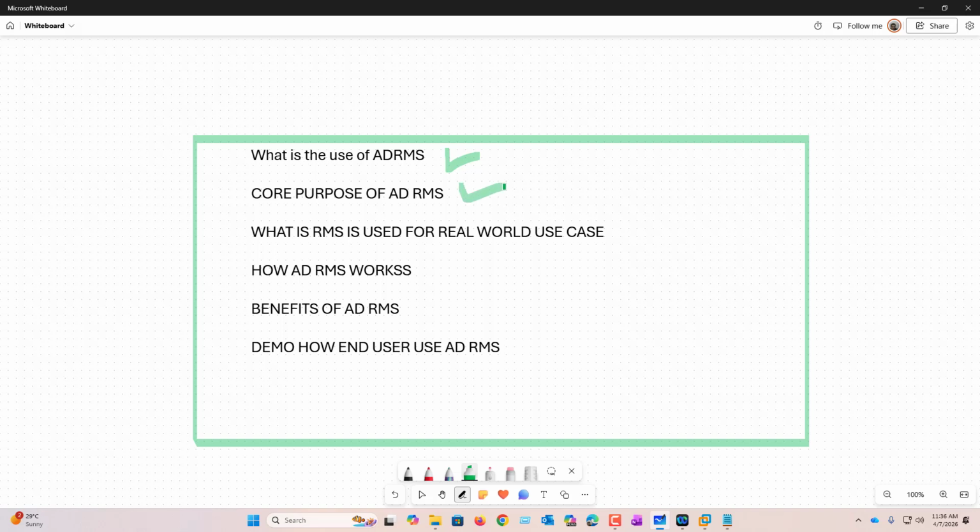Next, what are the core purposes of ADRMS? Traditionally, we have NTFS shared folder permissions. If any user wants to share a document with anyone, normally we share a folder and give permission to the folder. Here we are not going to create multiple share folders. We create one share folder with everyone permission, and normally the permission we give is on the documents, not on the